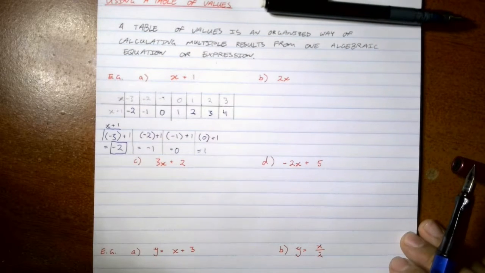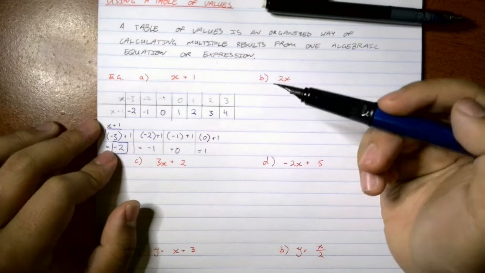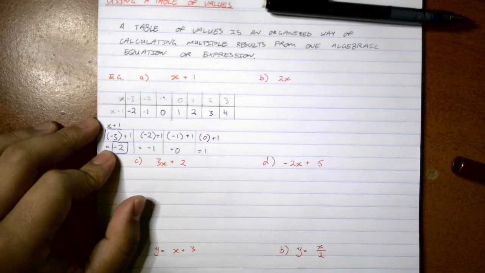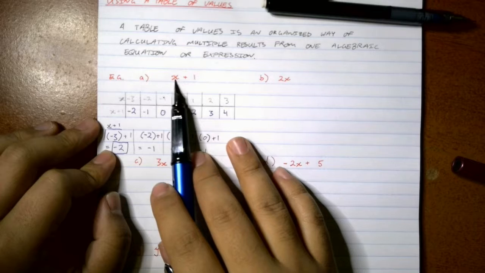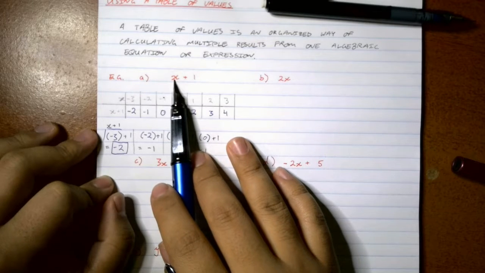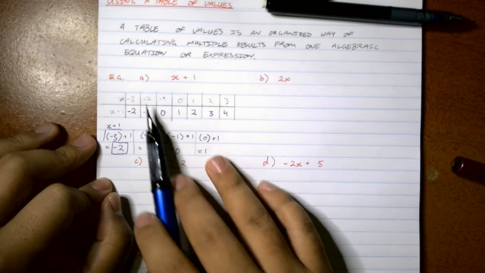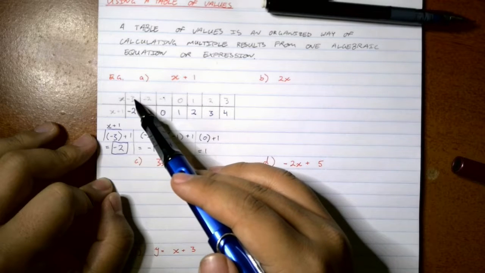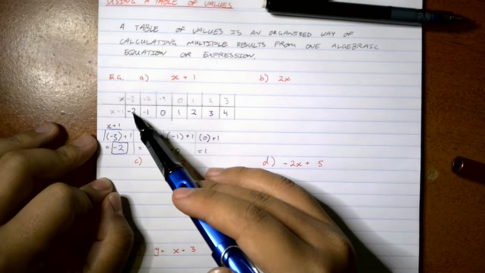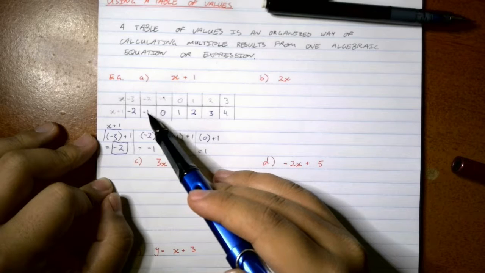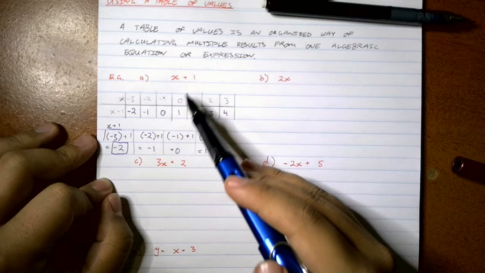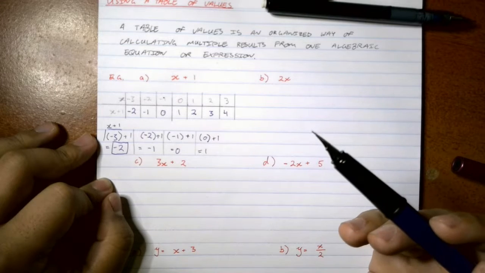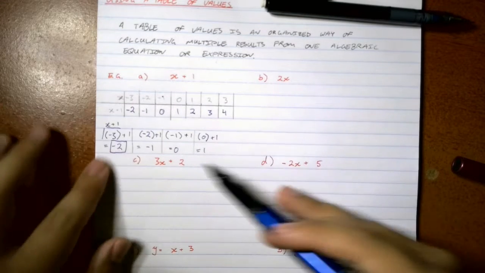Now the purpose of the table of values can be seen definitely here, because what we can see is a pattern emerging when we keep substituting different values of x. So here, when we substitute -3, we get -2. When we substitute -2, we get -1. When we substitute -1, we get 0, and so on. So this is the main idea of